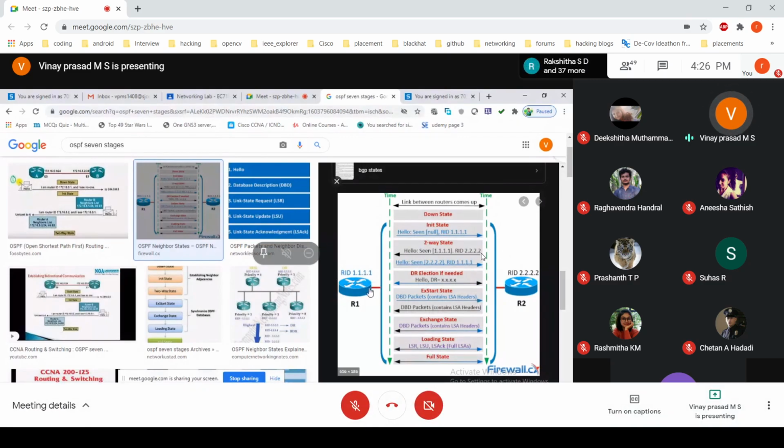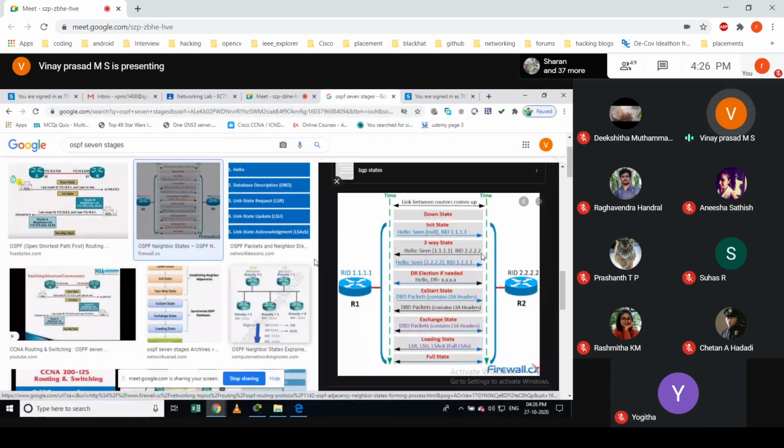Let us think there are four interfaces; among these four interfaces, the one whose IP address is highest will be elected as the router ID of that router. Or else it can be the IP address assigned to a loopback address. That would also be a router ID. Let us assume 1.1.1.1 is the router ID here, and here it is 2.2.2.2.